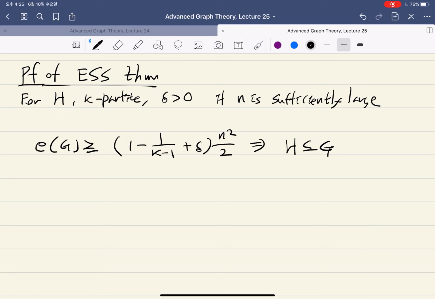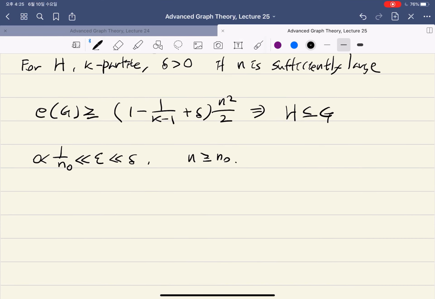So suppose that we have H, which is K-partite, and delta is given, and we choose epsilon sufficiently smaller than delta, and then we make sure that n0 is sufficiently smaller than epsilon, and n is bigger than n0. And assume that you have a graph with this many edges. Then we apply the regularity lemma